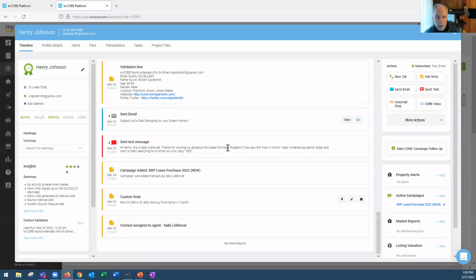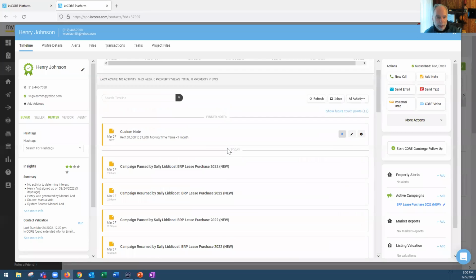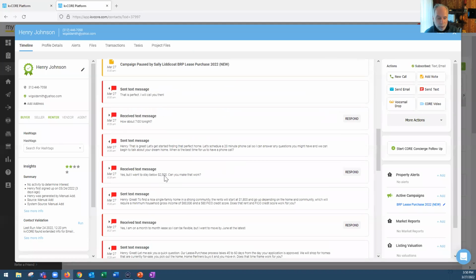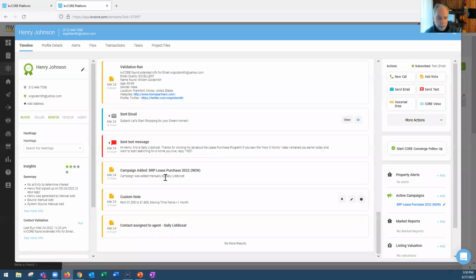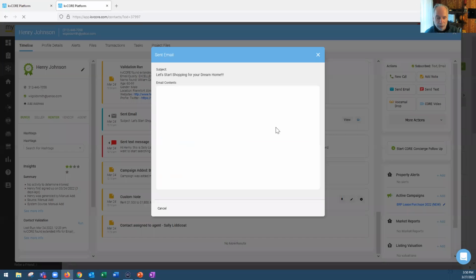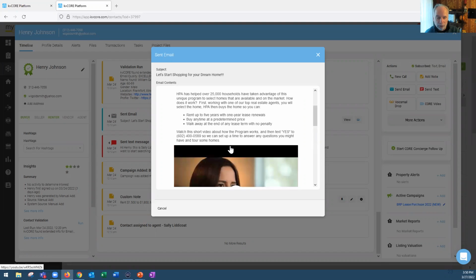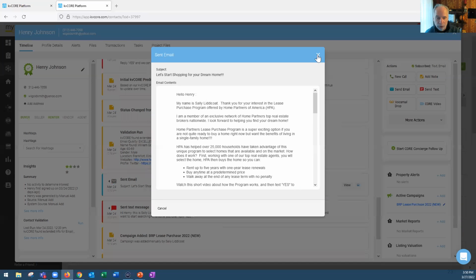So let's go to the top here. And sure enough, there's that information pinned to the top, $1,500 to $1,800 in rent, looking to move in less than 1 month. So let's go back through the campaign again. So a combination of emails that she's been receiving about who is Home Partners, what is lease purchase, what are the qualifications for lease purchase,